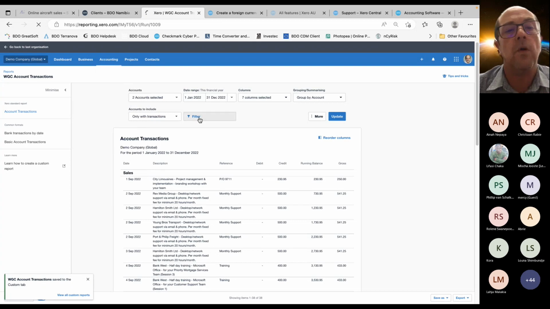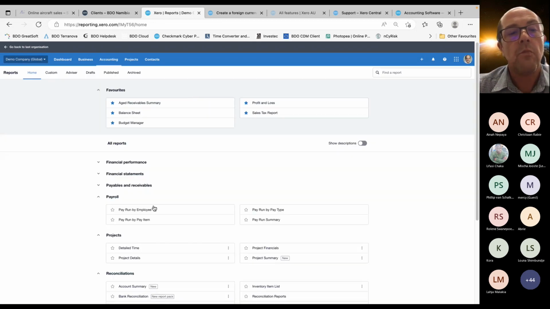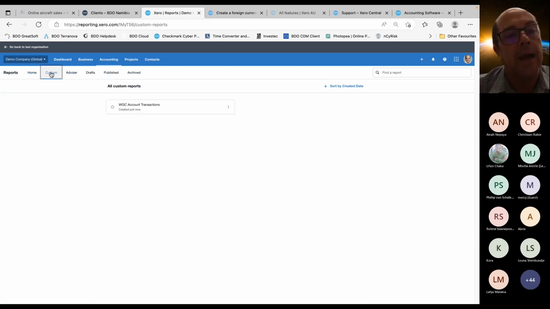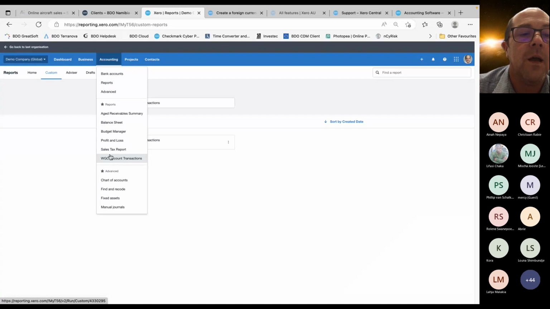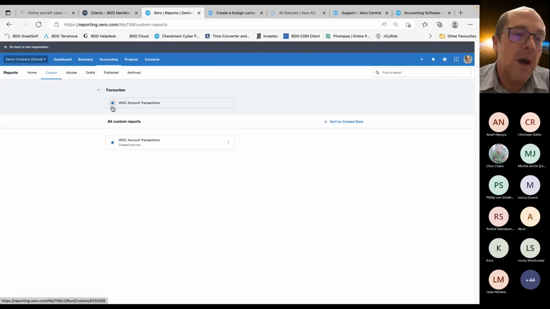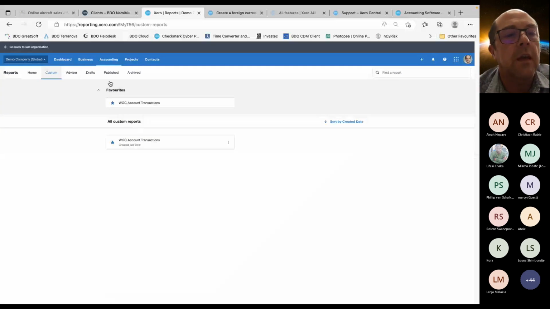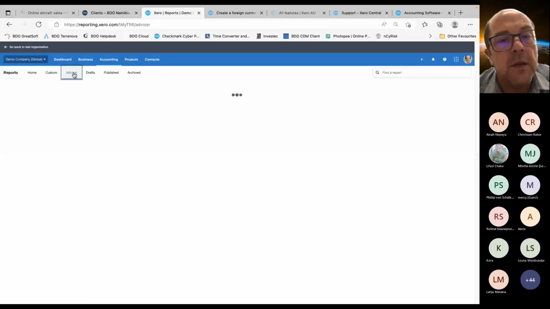So if I go to reports, at the top here, I have my custom reports. And here I will now have that report as my custom report. And I can also star it so that it appears in my menu. And that would then be my default report. Okay. You'll see, depending on your access rights, whether or not you have advisor, but